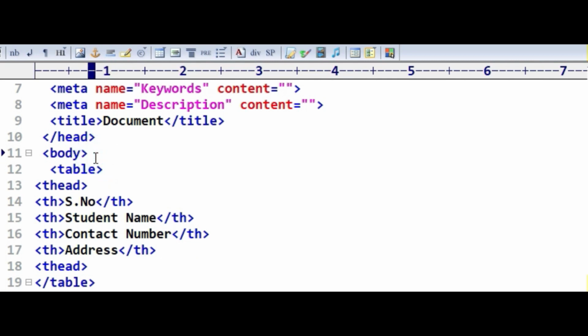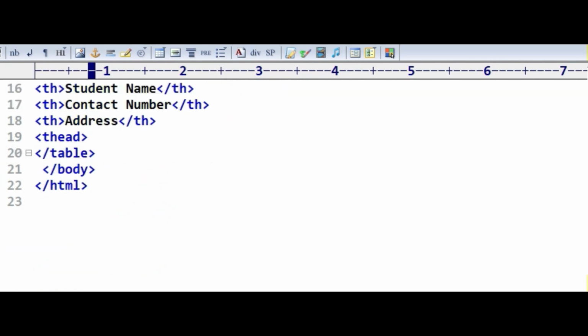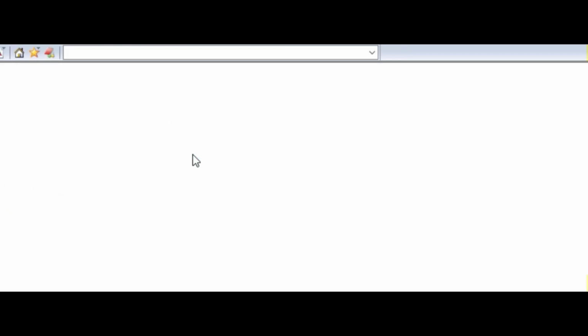Now to make this table more beautiful, inside the body you can declare the heading. This is student information. Now see the output, how this output looks.